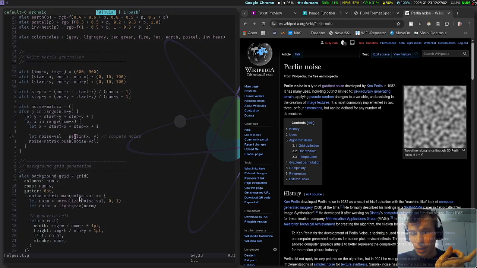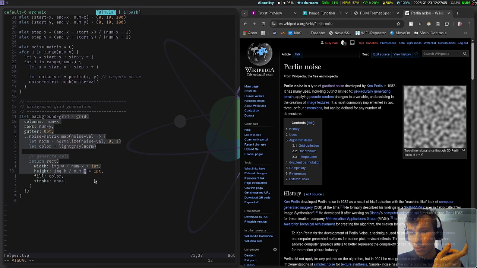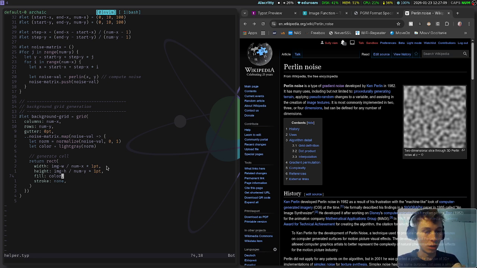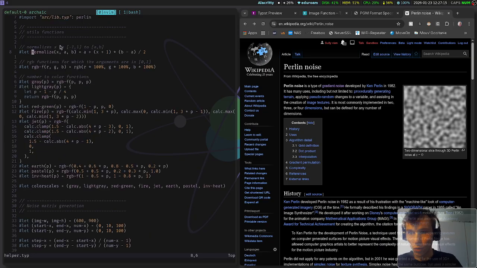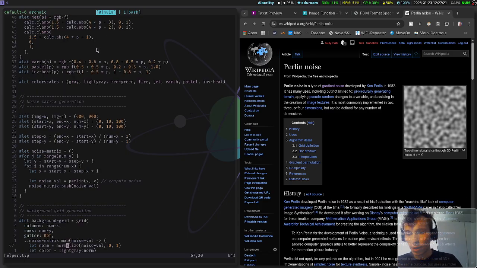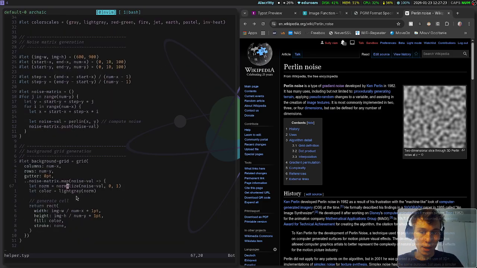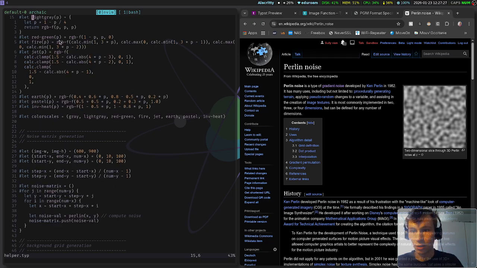But I need in here, in the background, to map these values from -1 to 1 onto a grayscale. I use a function that I call normalize, which basically turns -1, 1 to AB. And when I want AB to be 0 and 1, and then light gray from this, the light gray color is